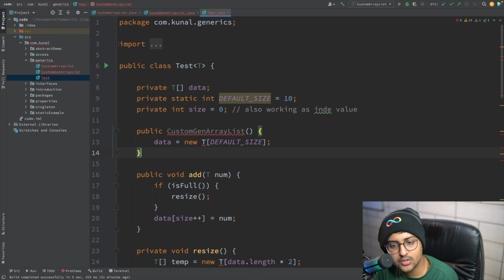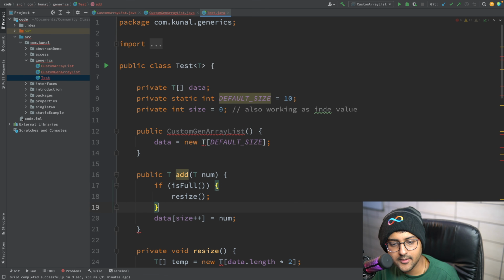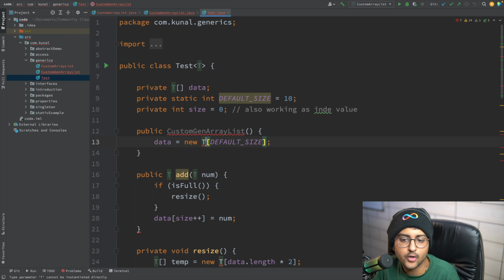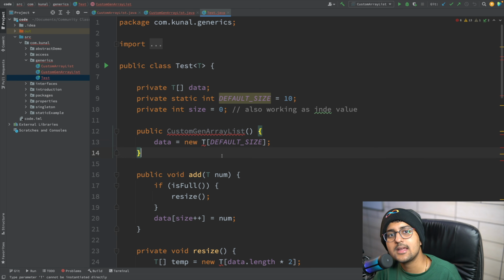Now imagine you do something like this. You create something like return a type t. Here the bytecode is not going to know what the value of t is. So when you create a new object like this, it's like, okay, what is t in bytecode?